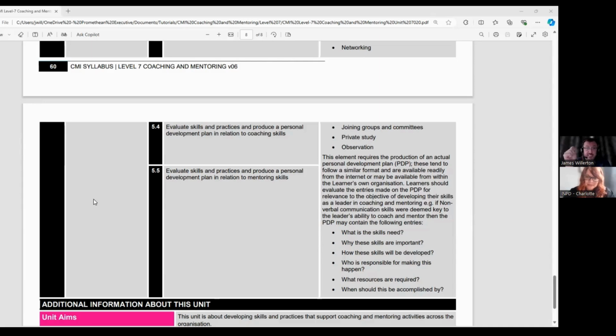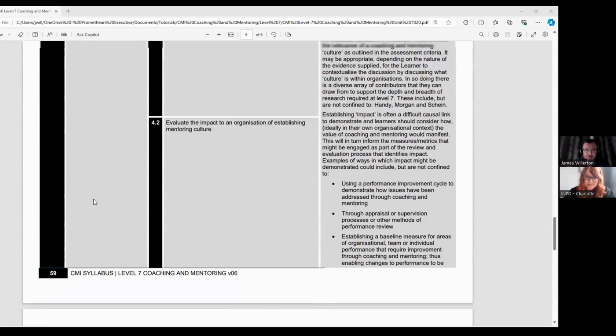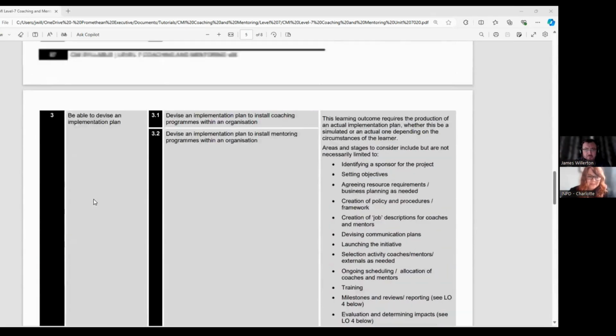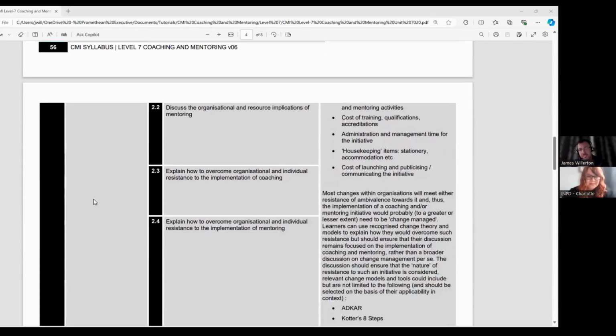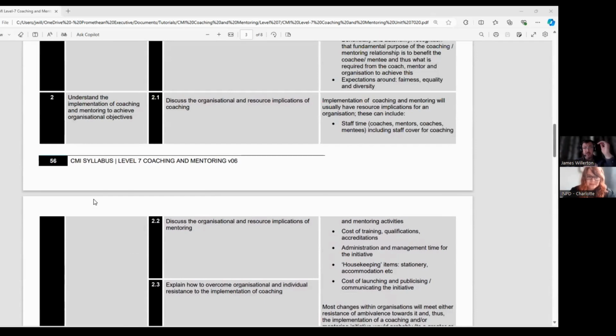And the final thing is less is more. And that's particularly appropriate where a question might be asking you for a plural of something. There are examples on this particular assignment, but resource implications, that isn't a list of how many implications you can possibly think of. It would be a selection of key ones.